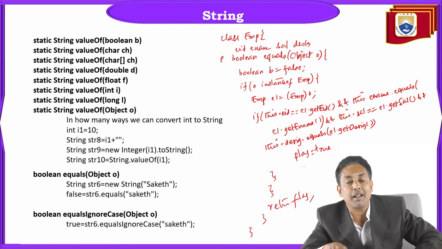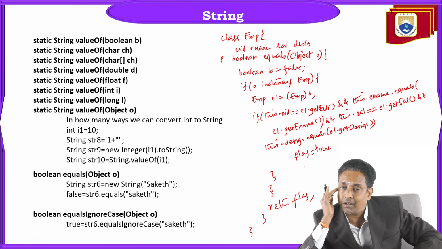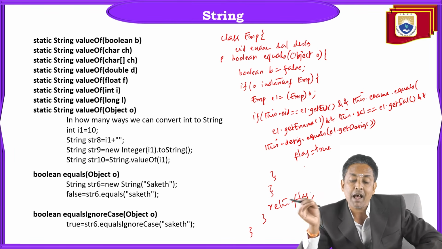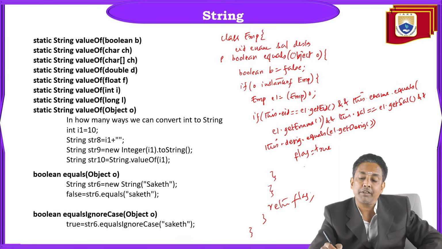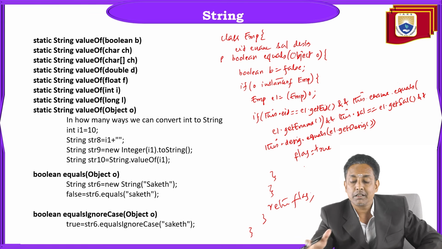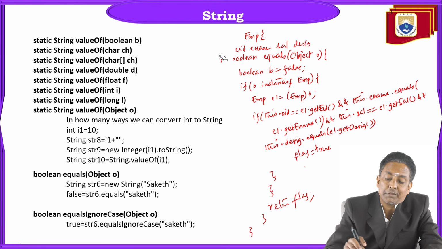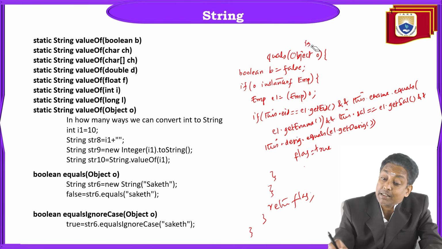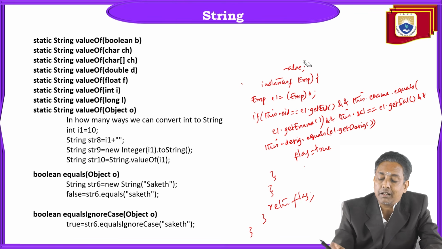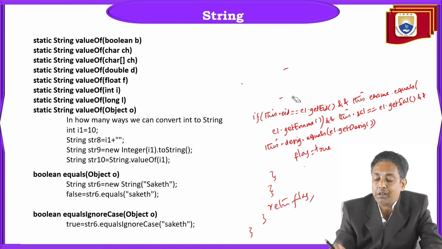Same way you implement equals method in every class. Remember, you compare that object's every variable with every variable of the object that came for the comparison. If all are equal, return true, otherwise false. That is the logic of equals method. Is it clear? So the equals method of string class we have seen, and the equals method of employee class also we have seen. So in the same way you can implement equals method